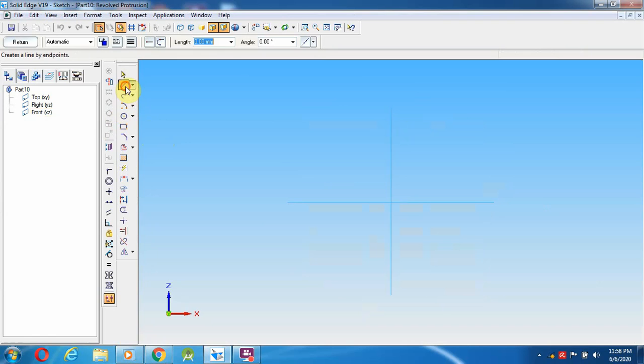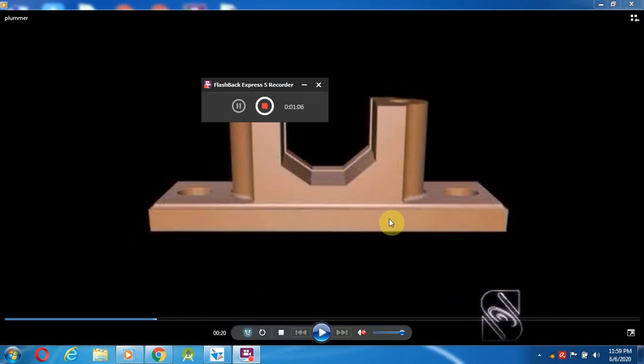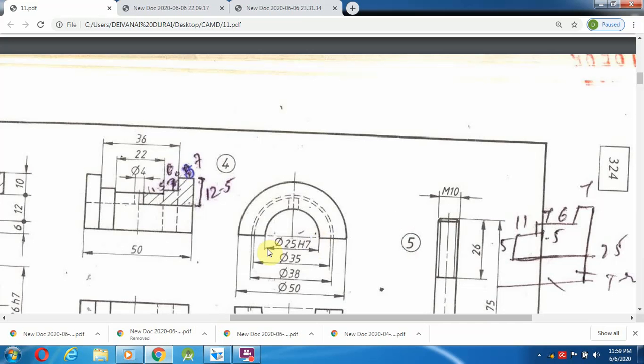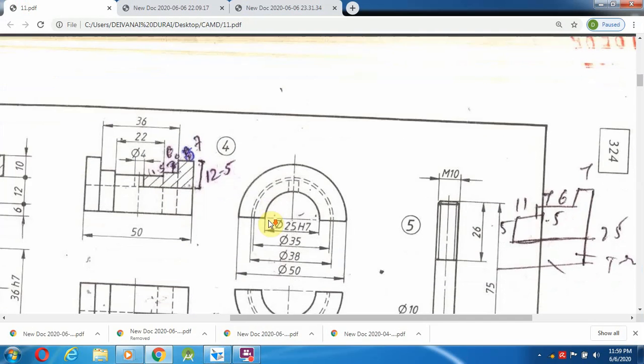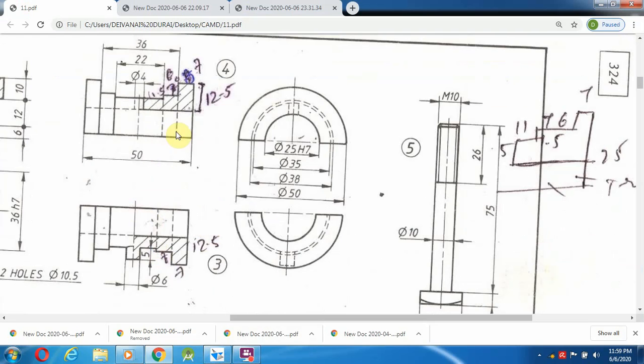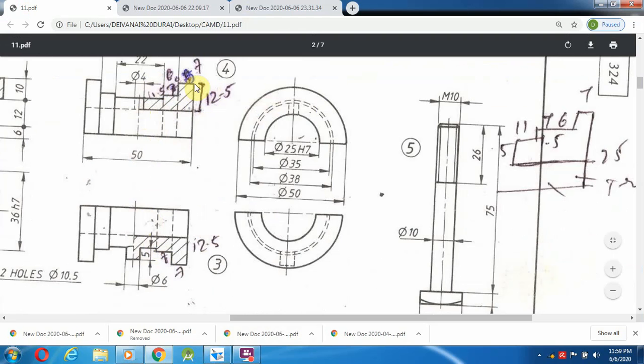From here we draw a 25 mm line. Then the height: here the diameter is 50 mm, because from here to the middle is 25 mm, so that is why they have given a 50 mm diameter. From here to 25, so those I have drawn. Again I select, because both dimensions are the same, 25 mm, and then how many mm it has to be moved from here to here.